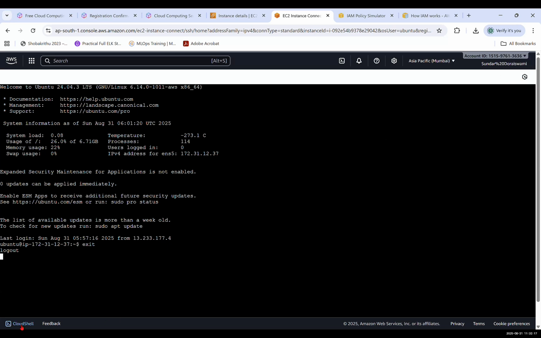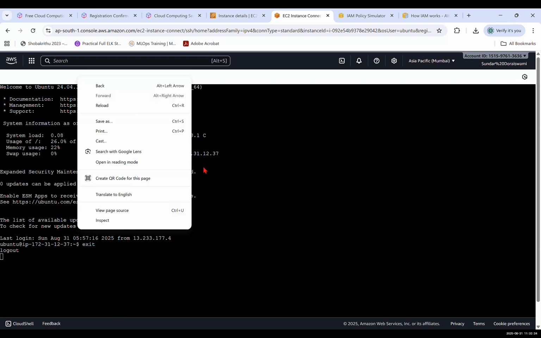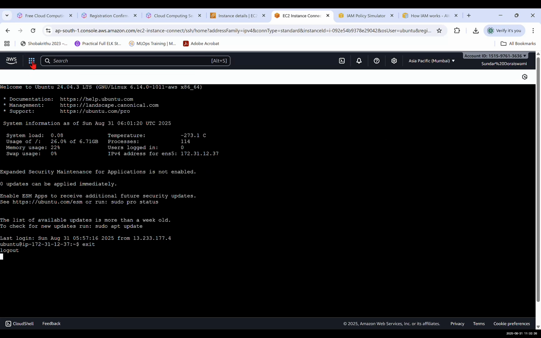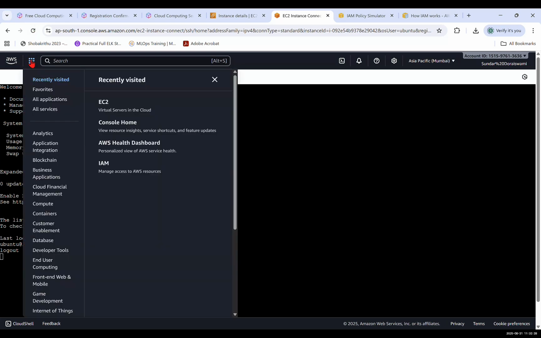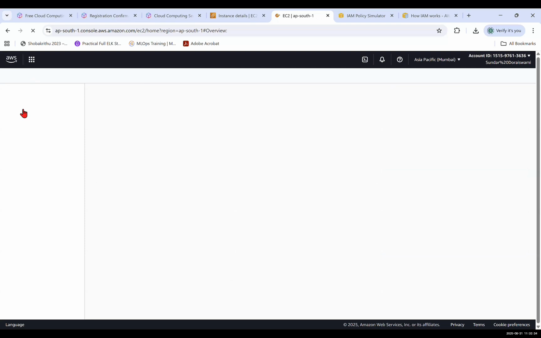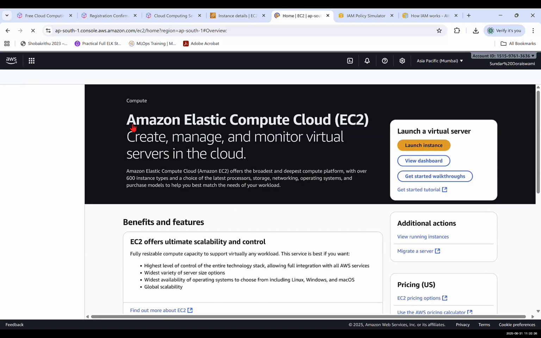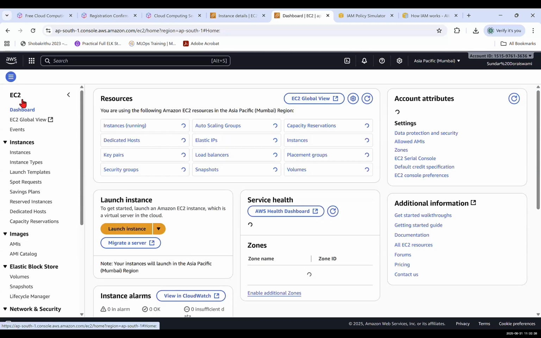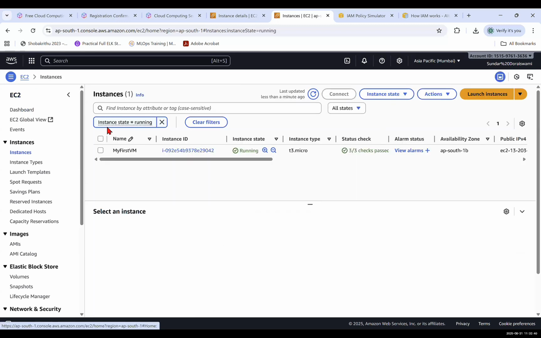This is something which is a CLI. Okay, cool. So I can go back. I can go to EC2, virtual machines. There is one instance running on the dashboard. There is one key pair available. And if you look here, the status shows 3/3 checks passed. So there is a verification